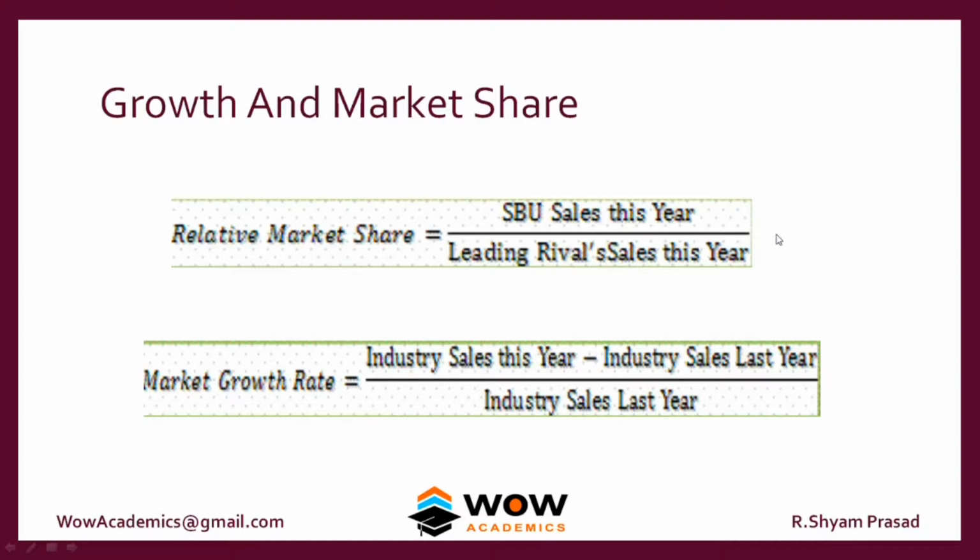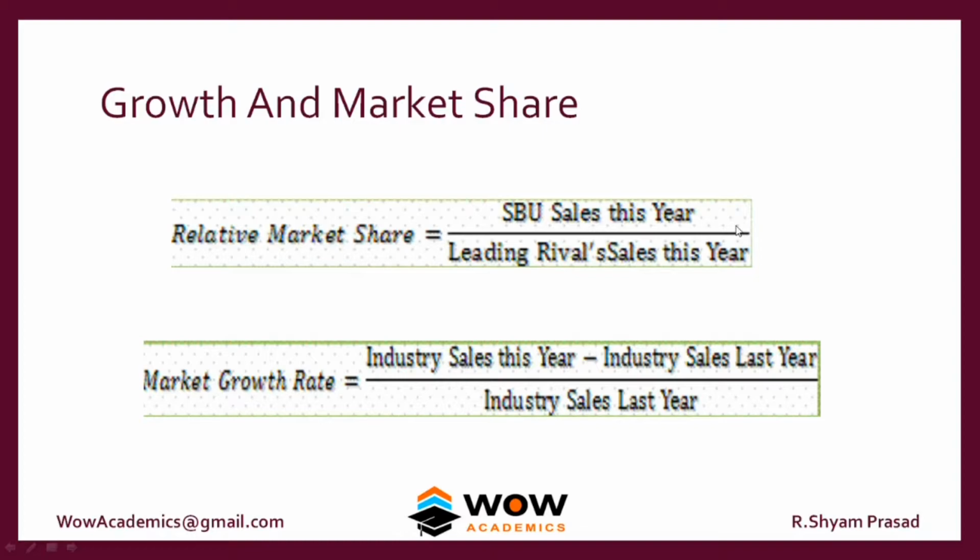What does this indicate? This indicates the relative market share of Bata in terms of the highest leading company, Nike. This is a number. The higher the number, the better. The lower the number, the not so good. For example, assume that Bata is the number 1 company, the highest selling, so they have sales of 20. Then the next leading competitor is a company like Nike.